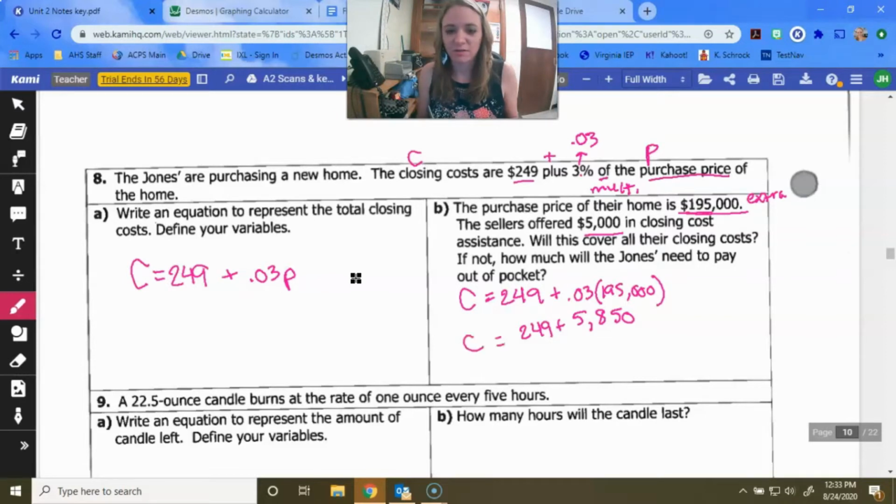So the more expensive the house, the more money they make, obviously. So then add $249 and you get $6,099. So that is closing costs. That's on top of the $195,000 that the house actually costs. All right, so if the sellers offered $5,000 in closing costs, will it cover all their closing costs? Clearly, no. The Joneses need to pay